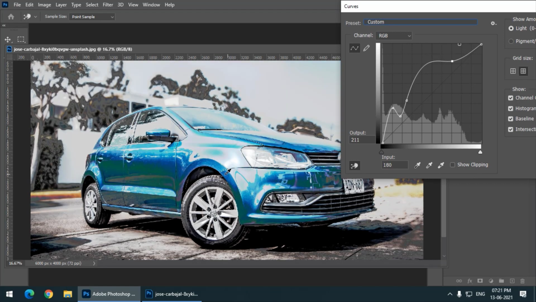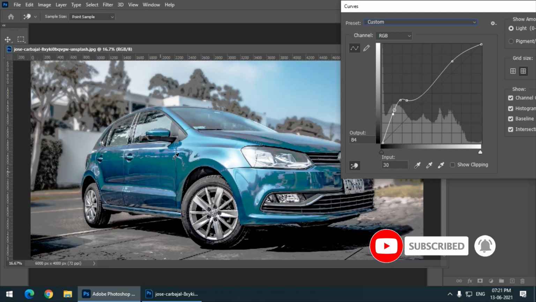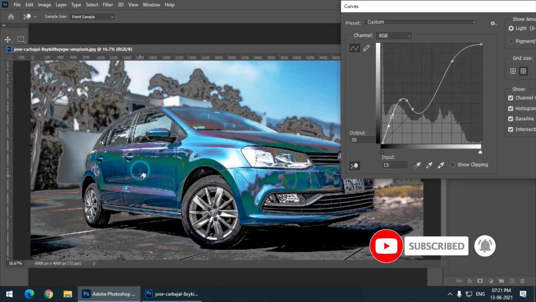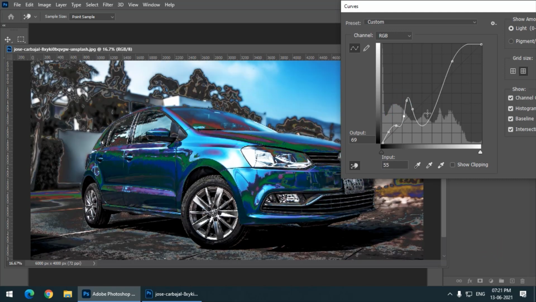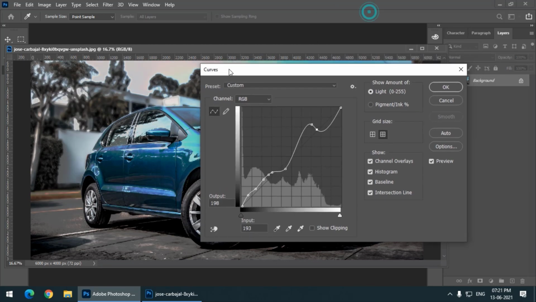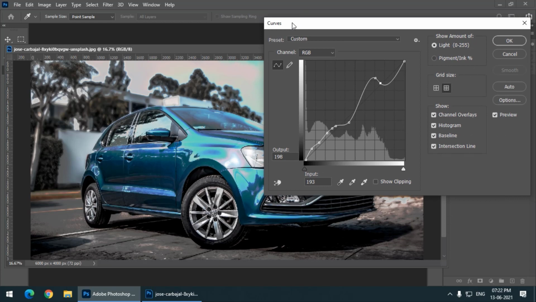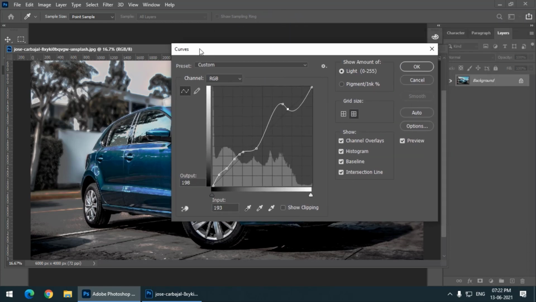But we have to be very careful, because we have less control over this particular option than we have over this graph. So we have both options. We can either click over here or we can click over here. We can check either option and use whichever fits us the best, or works better.